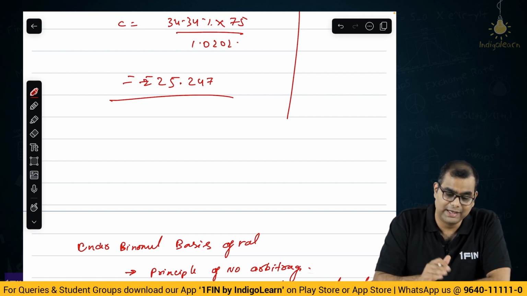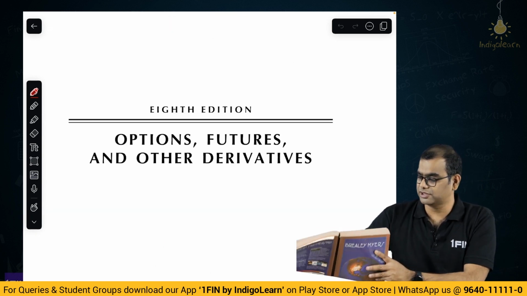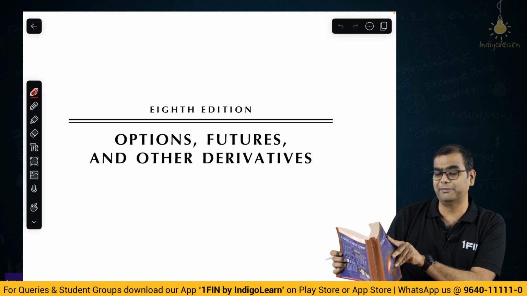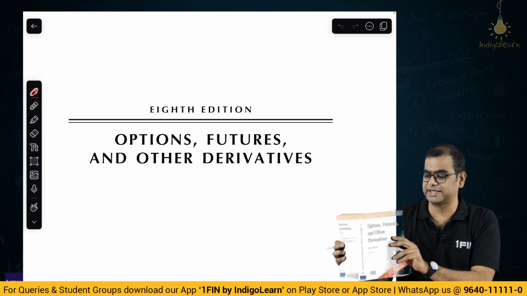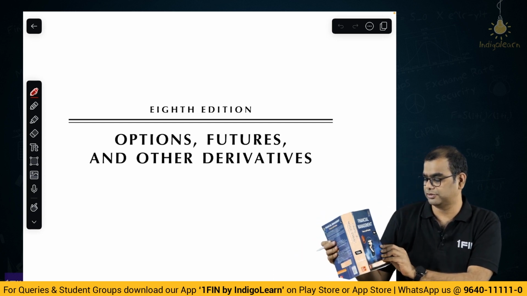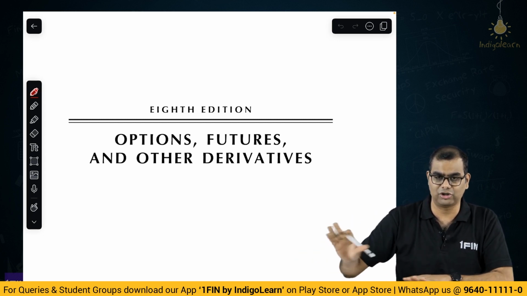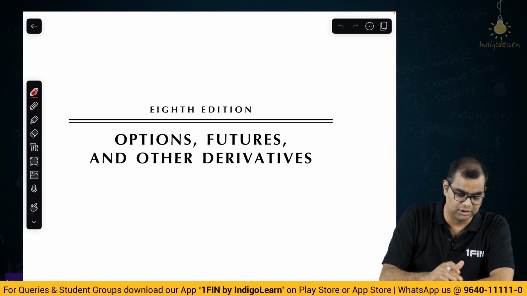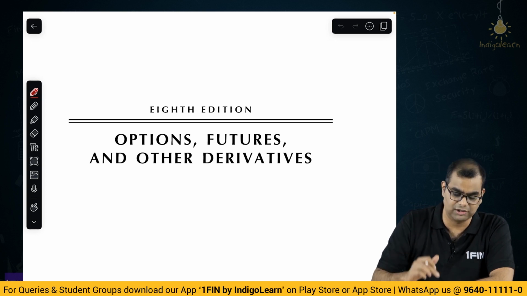Okay. Now, keeping this aside, I first want to show you 2-3 books that I am referring to. First one is this book called Brealey Myers. Second one is this book called John C. Hull. Okay. Third one is this book by Professor Prasanna Chandra. He is from IIM Bangalore. He is a very renowned author. I will take you through all 3 books. First, let me get to this Options and Futures by John C. Hull, who is considered god of all of this.